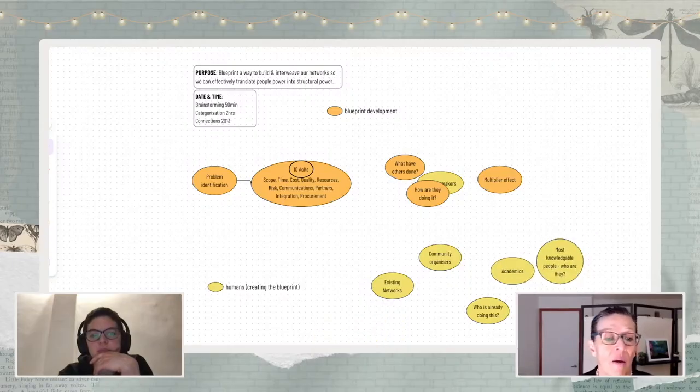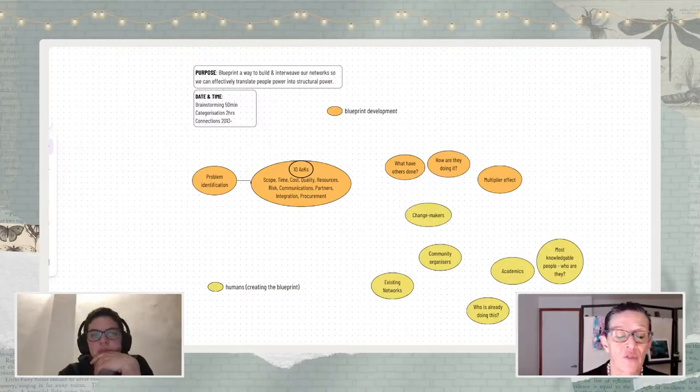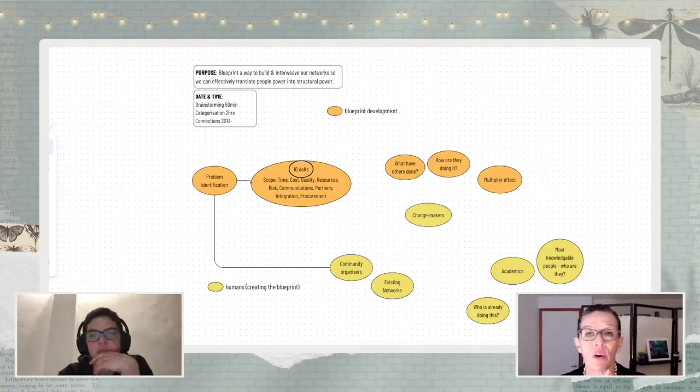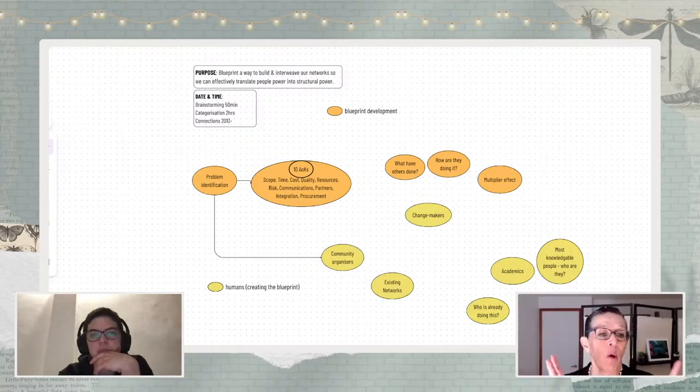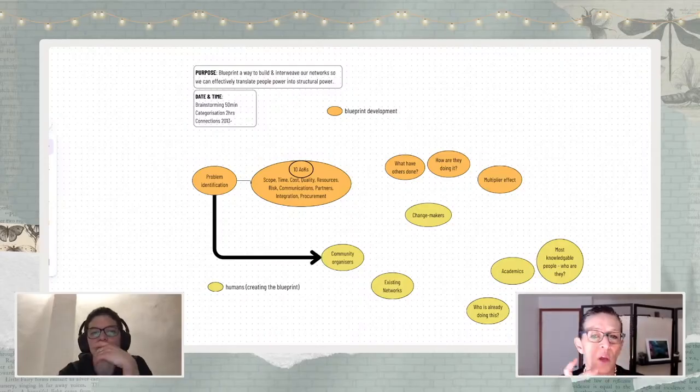I would like to link problem identification to community organizers two ways, bidirectional, because we have to understand the problem well, right? And right now we think that the problem is, okay, the project is a problem to be solved. So we want to solve this by creating this blueprint, but we want to have that input to make sure that we have a clear problem. And I would do it bidirectional, because working on it. It's going to be, oh, I'm sorry. It's all good. And then the same with academics.